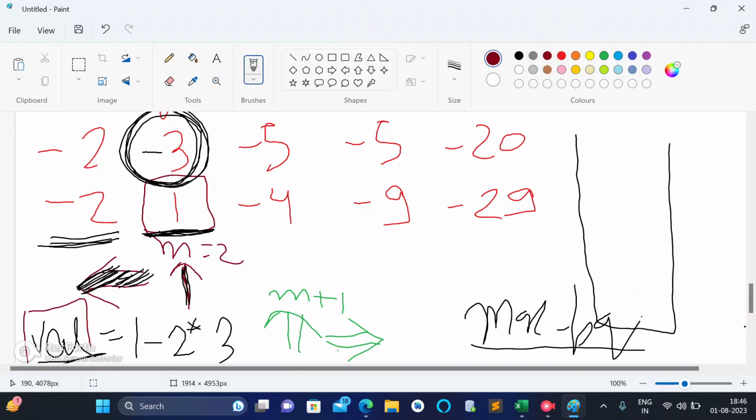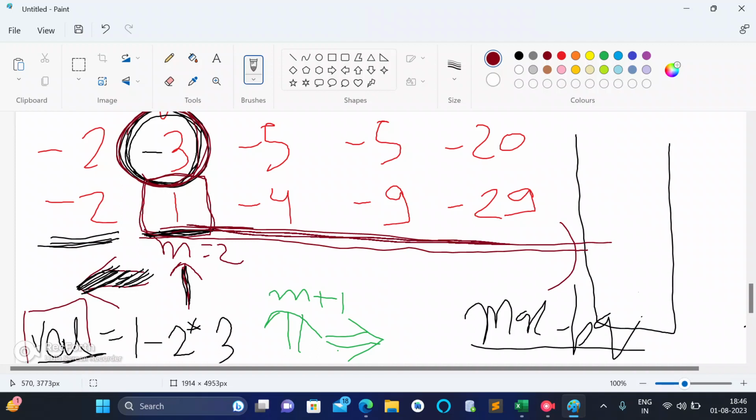This val, you can see in the val, what we had done is 1 minus 2 into x, because this one. So actually in real I am not converting this 3 to -3. Just to explain how things work, let's think in your mind that I converted this 3 to -3. Then all these values